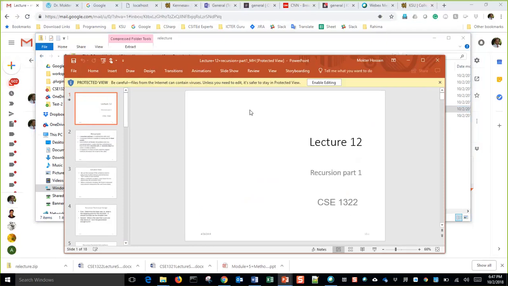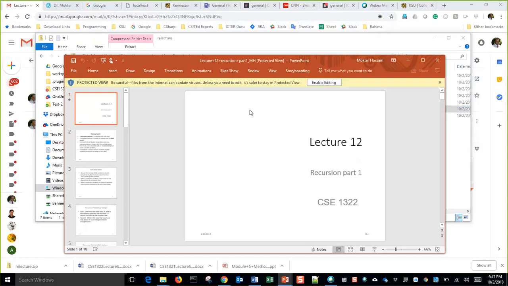So in recursion, it has two boundaries. One is called the lower boundary, and another is the upper boundary. The lower boundary you have to set up. For instance, if I have a method factorial of n, and I want to find factorial of n, what will be my lower bound? Can anyone please help me?